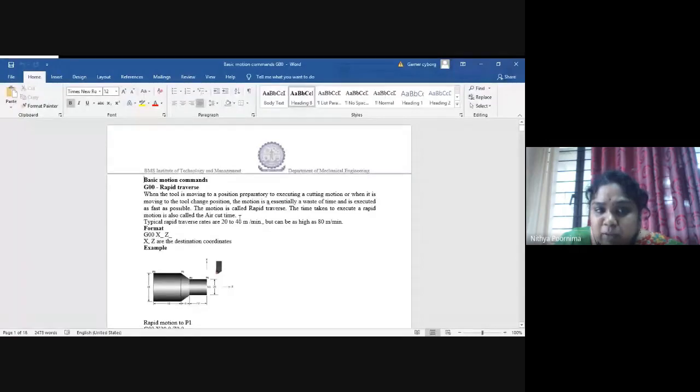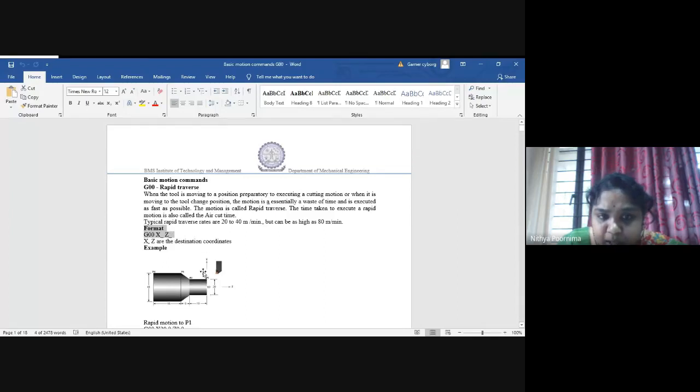Now, what we have to learn is whenever you're giving G00, we have to follow this format. This is called the block address. Usually the general format will be G00, X, and Z. What is X? Can you see the sketch?